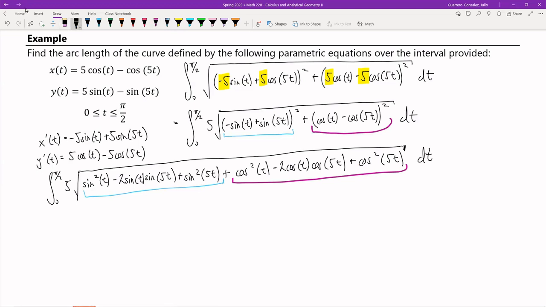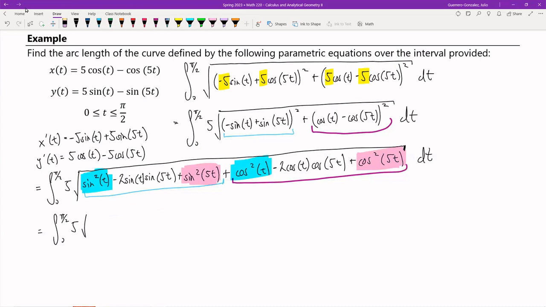So now, let's keep going. Equal to the integral from 0 to pi over 2. That 5 is there. Now I want everybody to take a look at this. We have a sine squared t and a cosine squared t, and then we have a sine squared of 5t and a cosine squared of 5t. When you do those two, you end up getting 1 for each one. So all of this now reduces to,